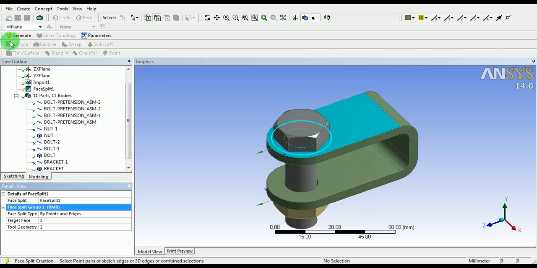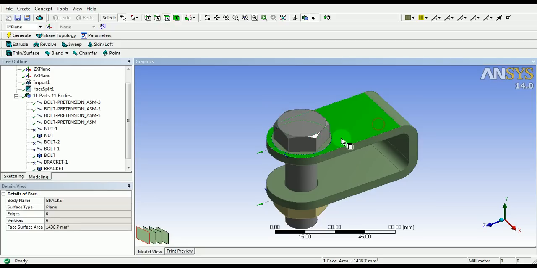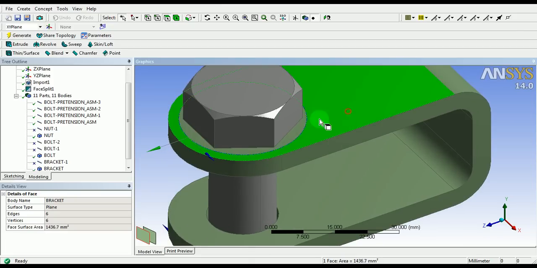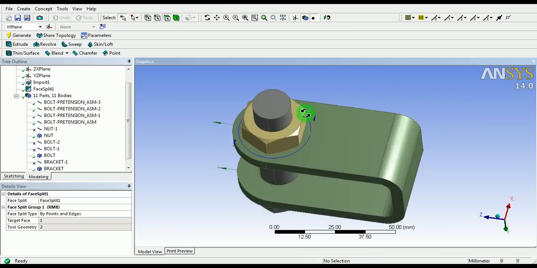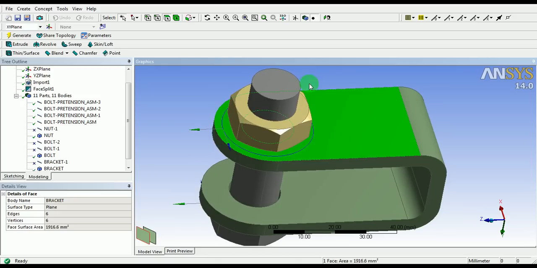Now generate the model so that the splitting of the surface is generated. Observe here, under selection filter, pick on the faces, pick on this face and pick on this face. Observe that the face has been split into two different faces. Similarly, use the bottom curve to split the area, this whole area